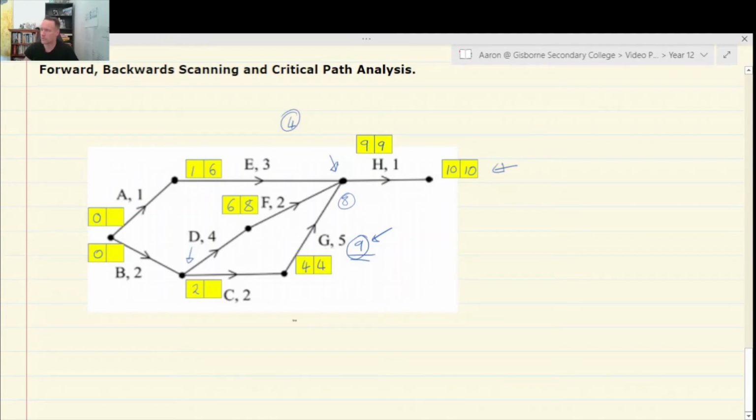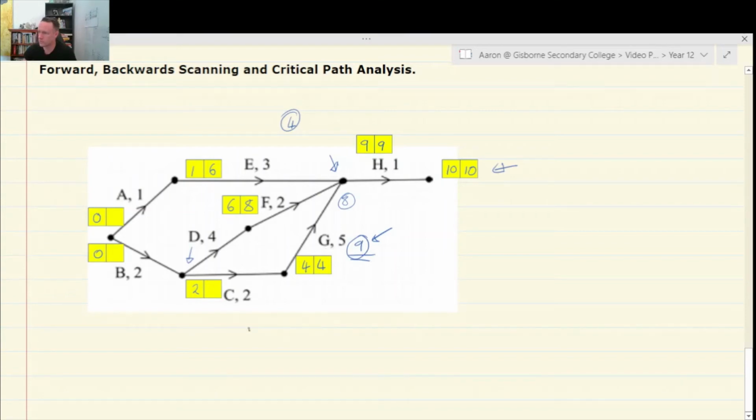Right, so I've done 9 take 5. Okay, moving back one more place, we can see we get to a point where we've got to analyze F and G when we get to the start of B and C. So 9 take 4, sorry,